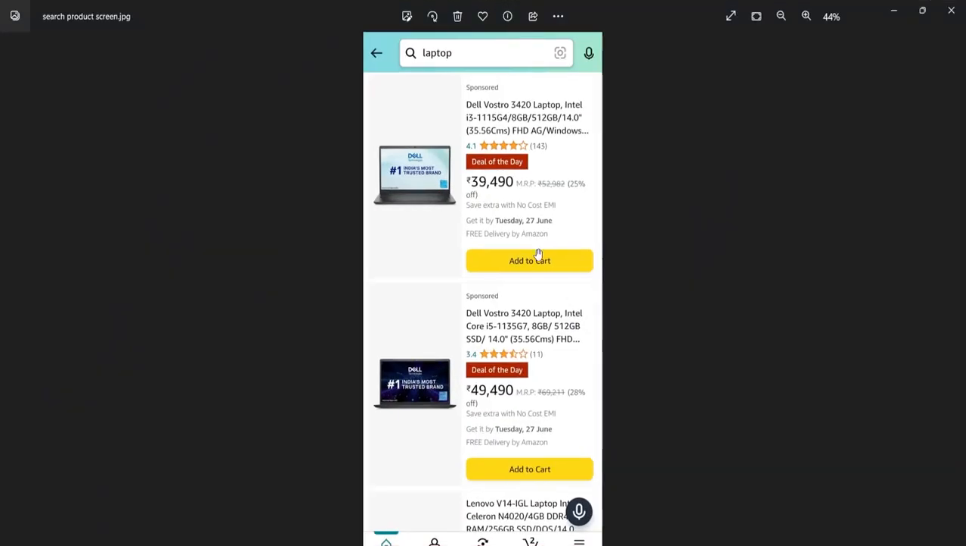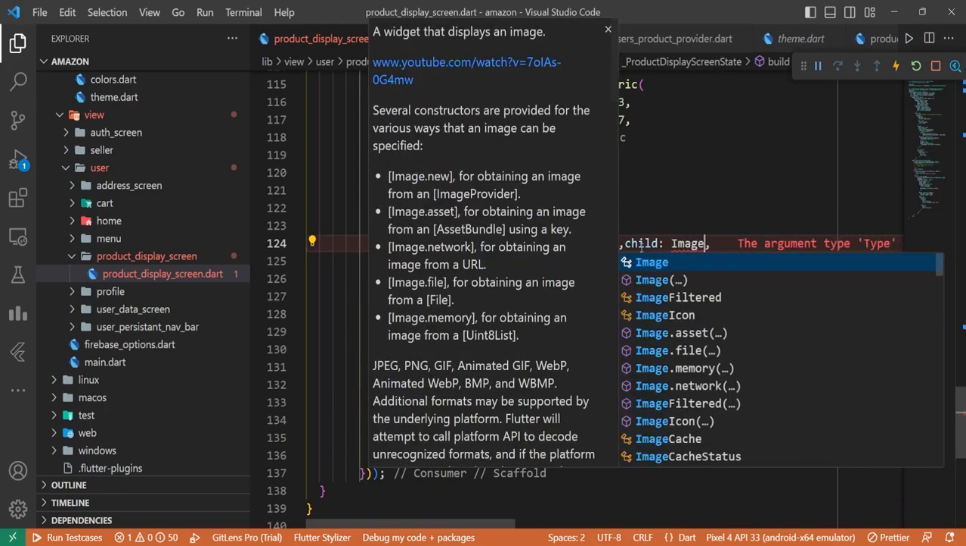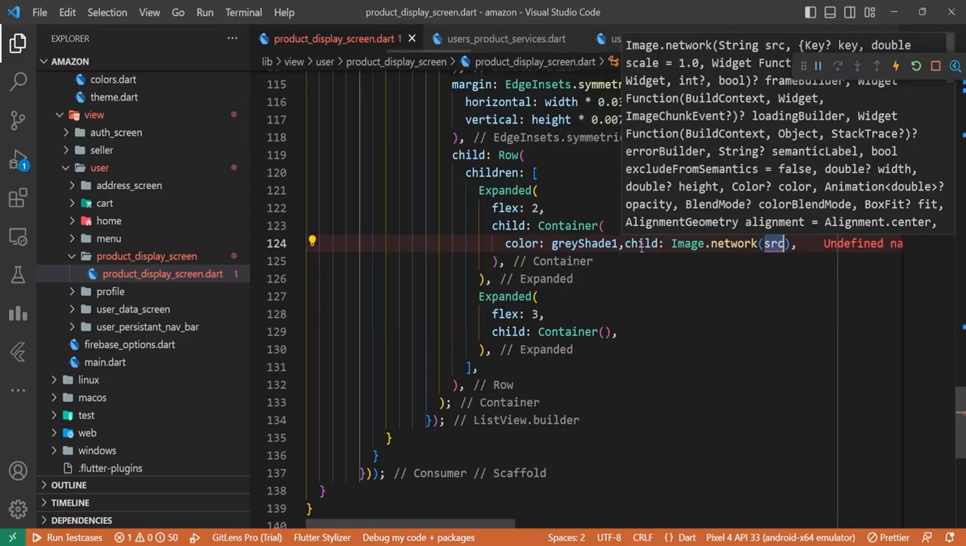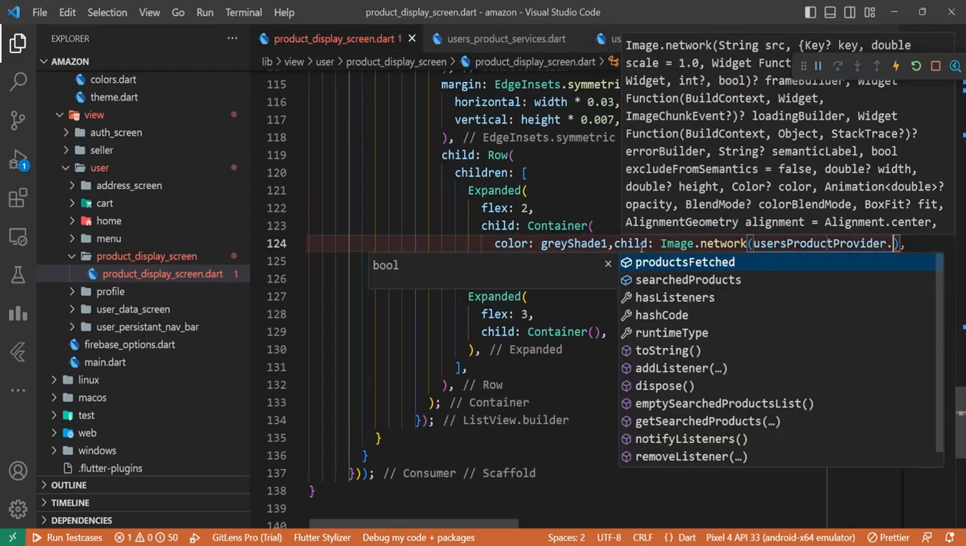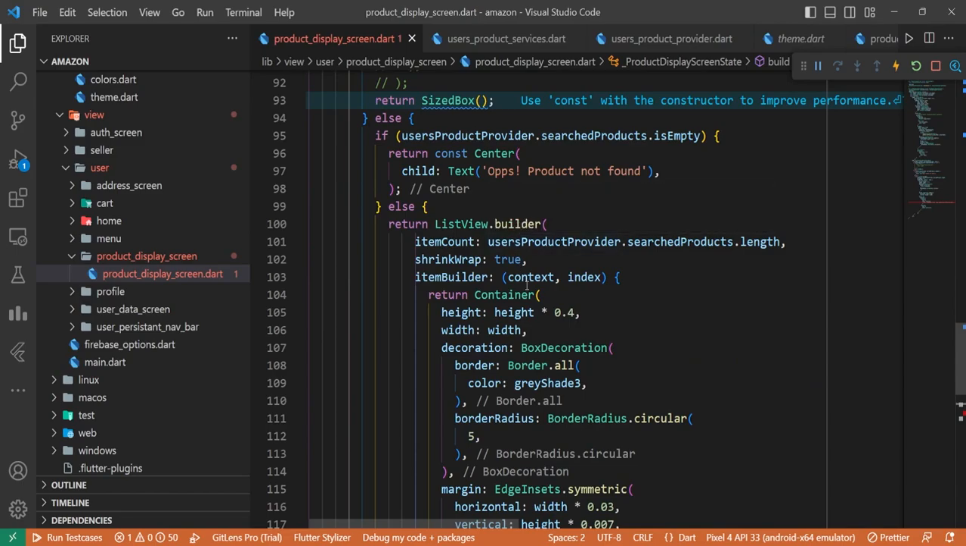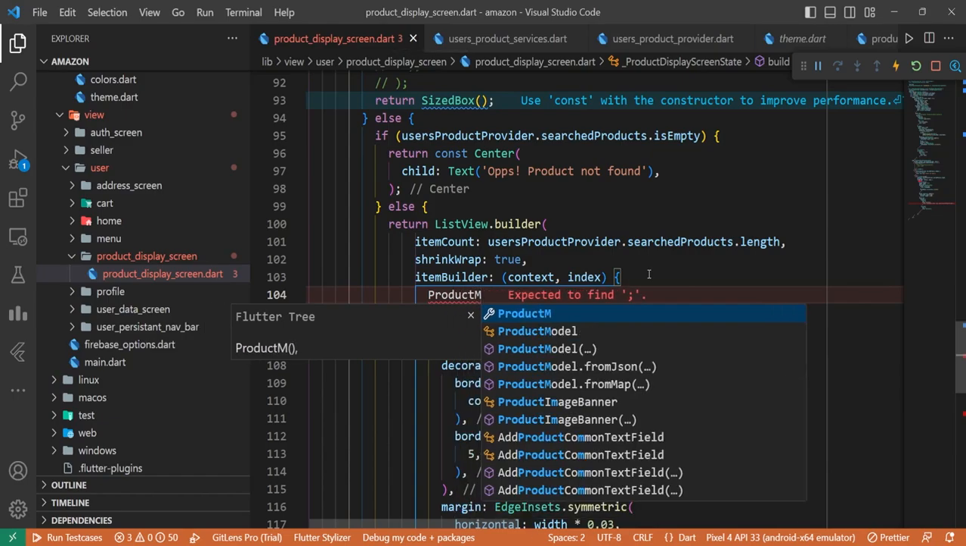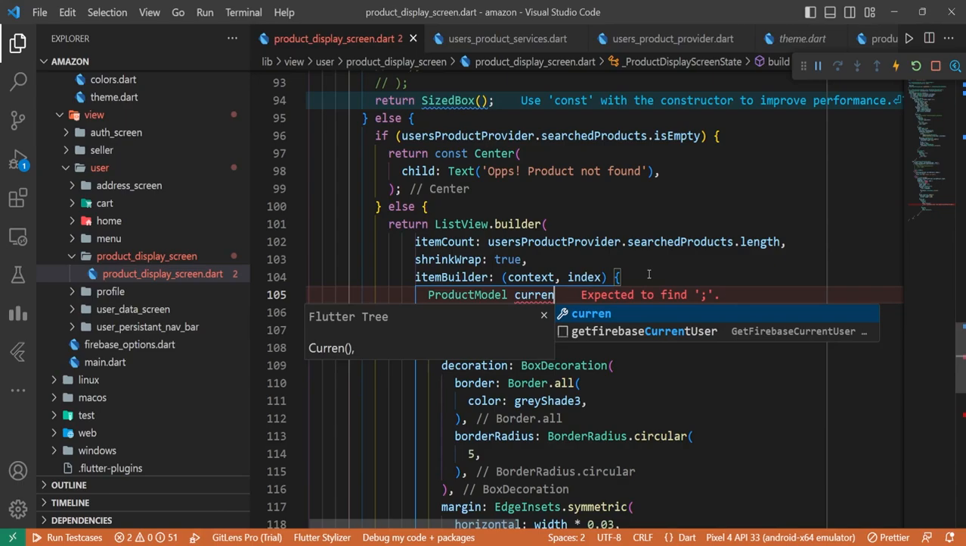So let's add the data here. That is, in the leftmost, it will be the image of the product, and in the right, there will be the data. So here, let's have a look again. So the child here will be image dot network users product provider. Okay, there is another thing we need to declare here, that is product model current product